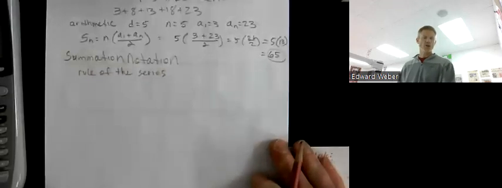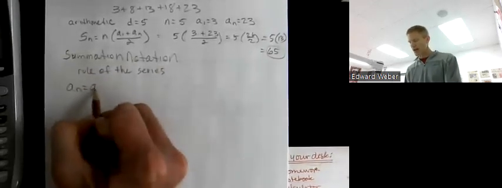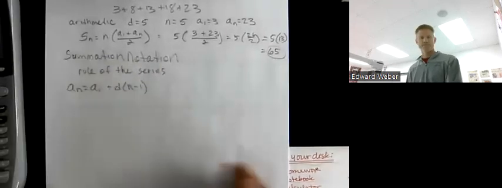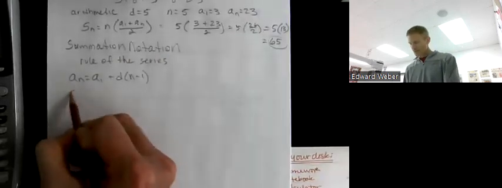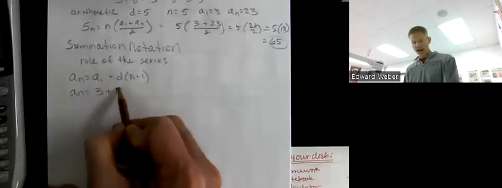How do we determine a rule? Well, the explicit rule for an arithmetic sequence would be right there. We know that our first term is 3 and we're changing by fives,